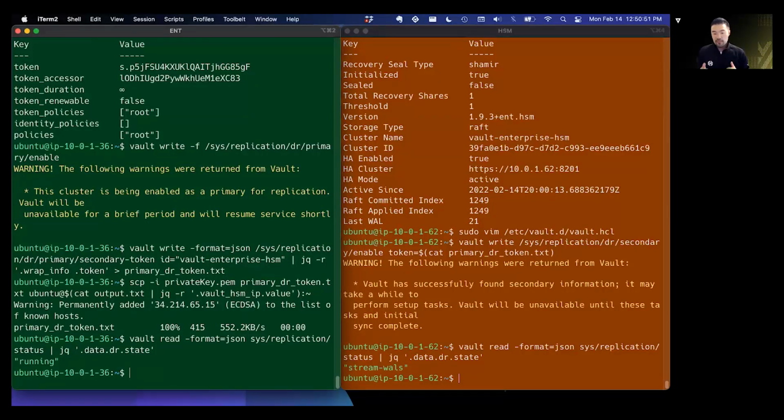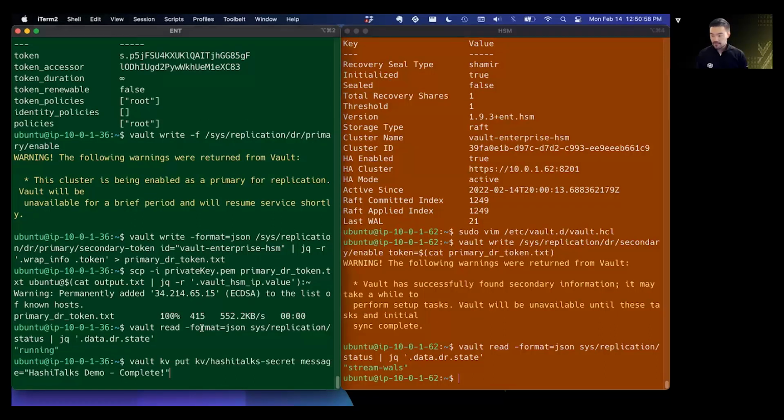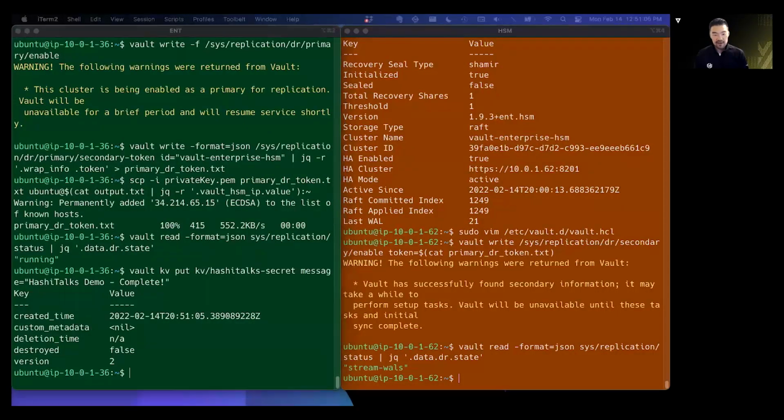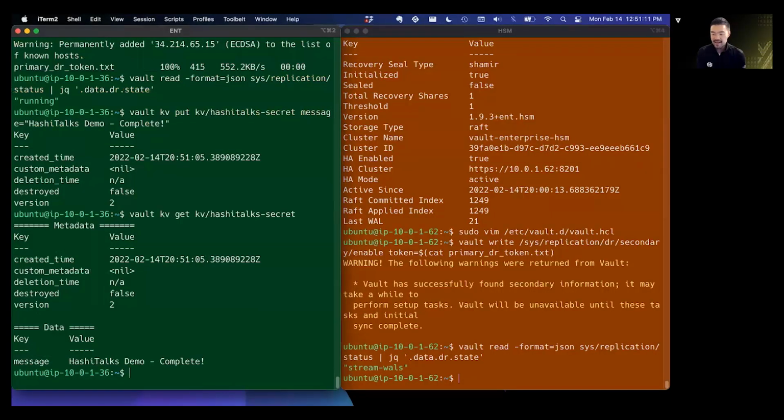To ensure that replication is functioning, we're going to write some additional key value data so that we can test for this towards the end of the demo. So I'm just going to put a key value here that the key is message and the value is HashiTalks demo complete. So that should be kind of fun when we look at that at the end of the demo. And then I'll just want to validate that I can also retrieve that key value. So this looks good. We're just going to be double checking here, just checking that the replication state here is running,